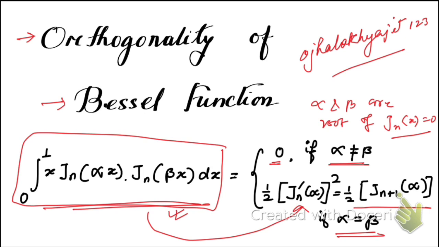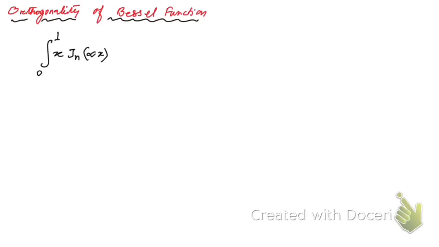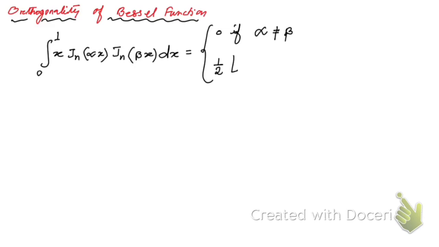So now let's start. First, let me write Bessel's orthogonal property, the orthogonal property of Bessel's function. So here you see this integral, integration from 0 to 1 of x Jn of alpha x, then Jn of beta x dx, is going to be equal to 0 if alpha is not equal to beta. And it's going to be either half of